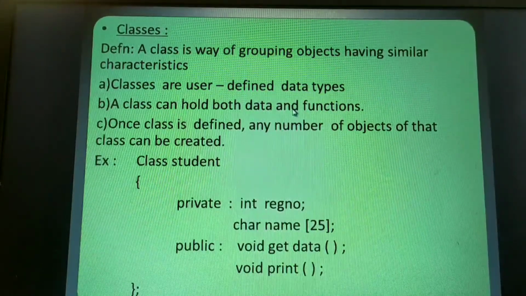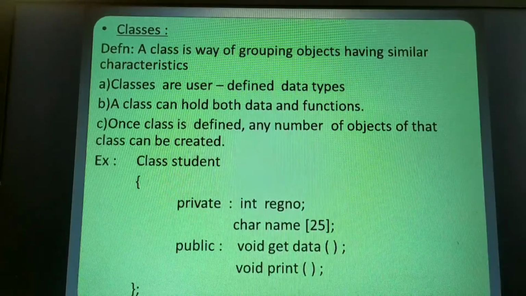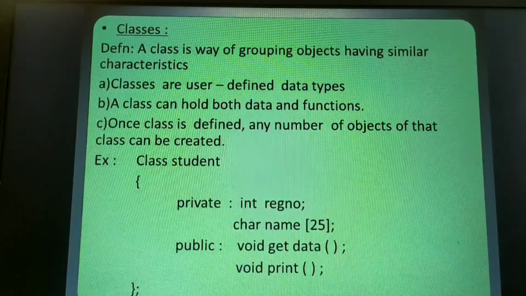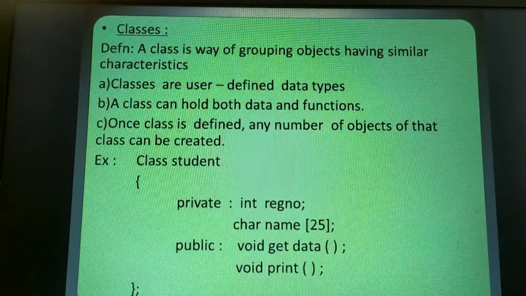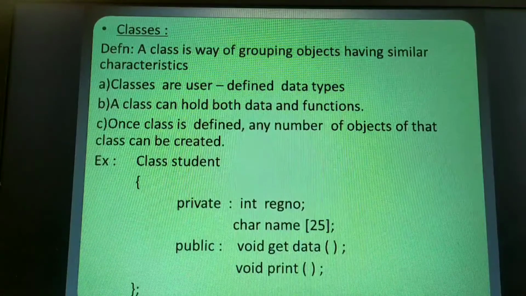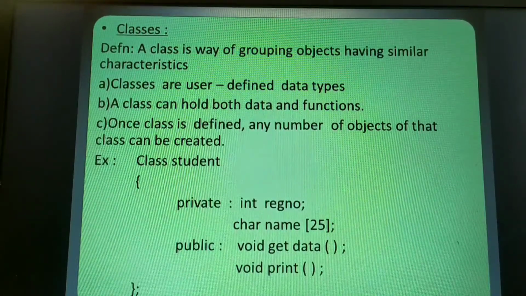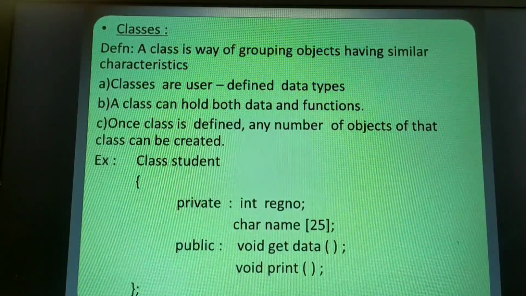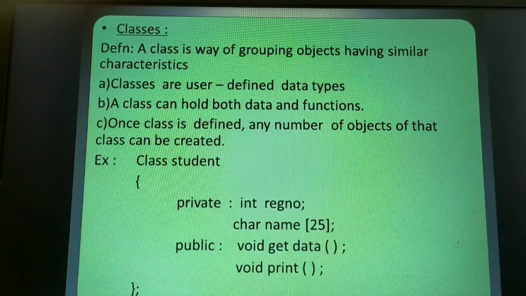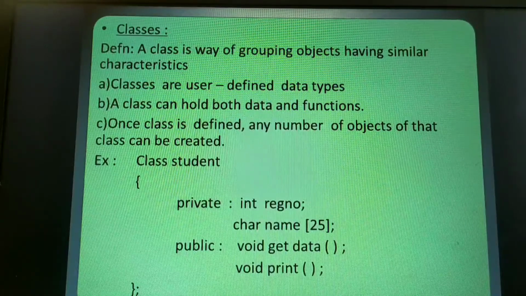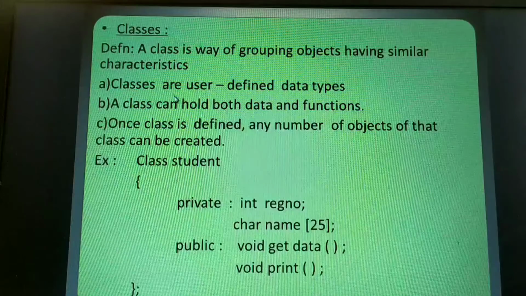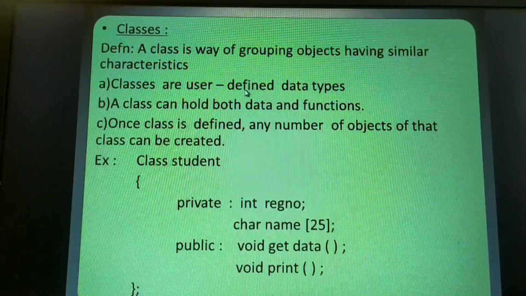What is this user-defined data type? User-defined data types are such data types which can have similar or different kinds of combinations of data types. For example, in the previous first year we studied structure. A structure can have a combination of the same or different variables in order to fulfill the user's requirement. Then I could say that structure was a user-defined data type. Here also classes are considered user-defined data types.